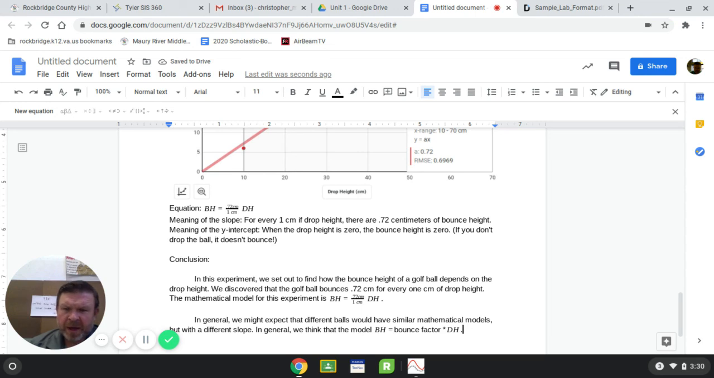So that's the game. That's how we're going to play physics. We're going to collect data, try to come up with a mathematical model, and then we're going to try to generalize that model and see if we can use it to do stuff. So here's an example, and you can use that as a guide to making